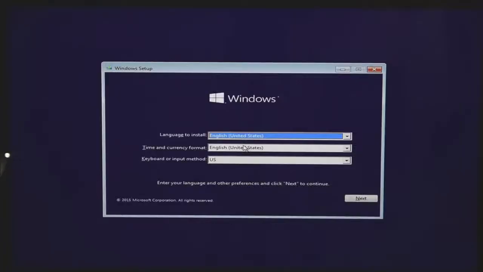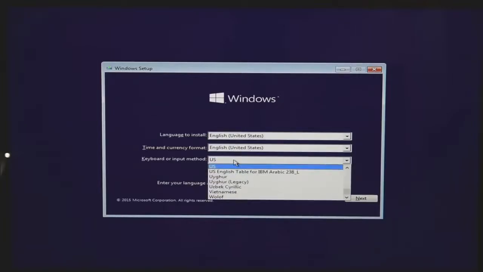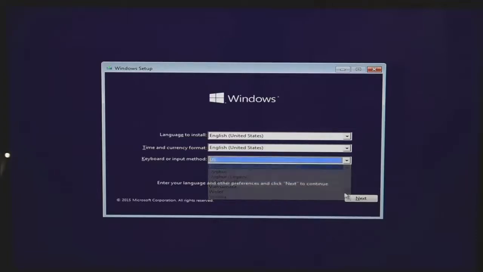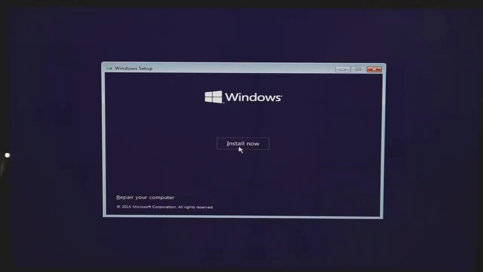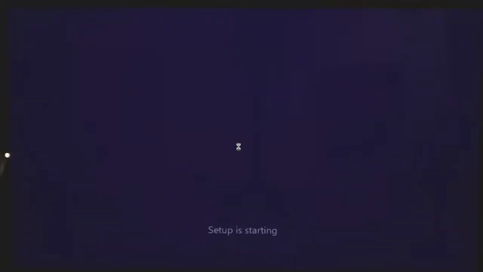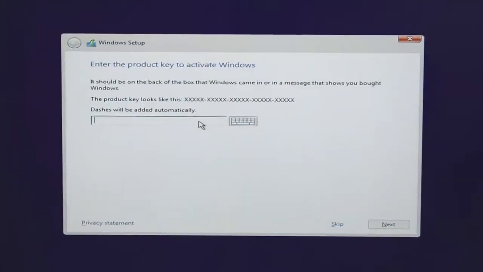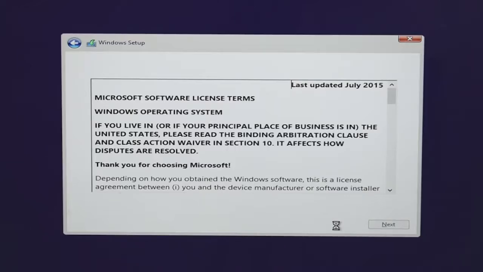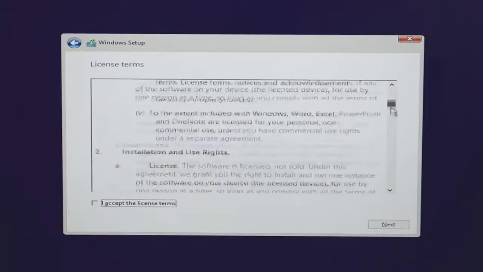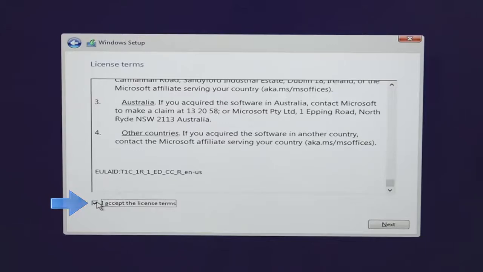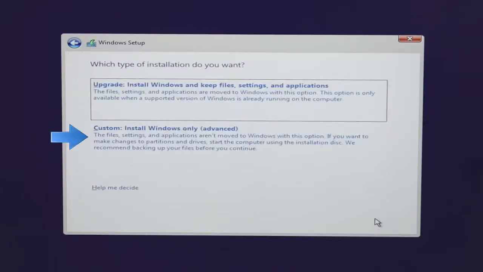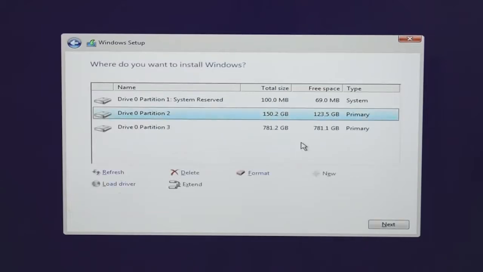On the Windows setup screen, we firstly need to choose a language to install, then choose your time and currency format, and finally the keyboard or input method. For me, all the defaults will be fine, so let's go ahead and hit next. Now click install now and it will start the installation setup. Now it will ask you to enter the product key to activate Windows. If you have one, use it here, or you can do it later in case you don't have one. Now it will show you the Microsoft terms and conditions to use their software, so scroll down and check the I accept the license terms box. Now click next and from here choose the custom install Windows only option, and it will bring you to the disk partition,